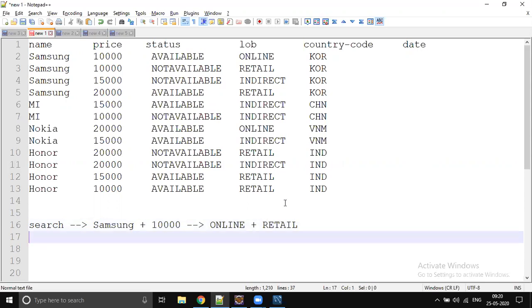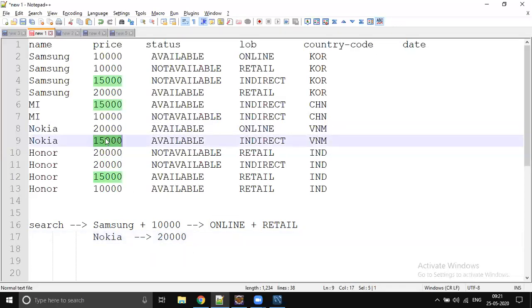For example, there is a model called Nokia, right? If the customer would like to buy a Nokia model, then we will say that for Nokia, we have only one price range called 20,000, right? So when the customer says, I want a Nokia mobile, we will return these results, right? For Nokia only 20,000 or 15,000 is available.